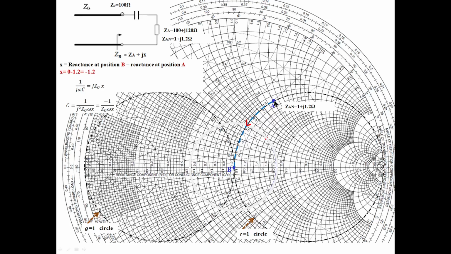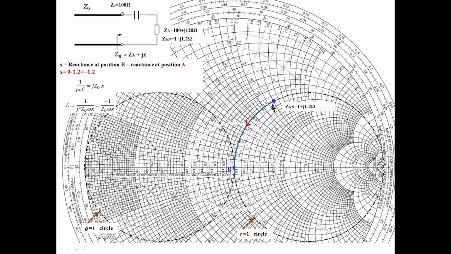So from here I identified the conductance circle and the resistance circle. This is a conductance circle and this is a resistance circle. But if I move on the conductance circle, I could not reach the center of the Smith chart, whether I move clockwise or anti-clockwise. I should move on the resistance circle from here, in the anti-clockwise direction, and then only I will reach this point. So I moved from here to here in the anti-clockwise, not in the clockwise. Based on your load point, you should first identify the conductance and resistance circle and decide in which direction to move.